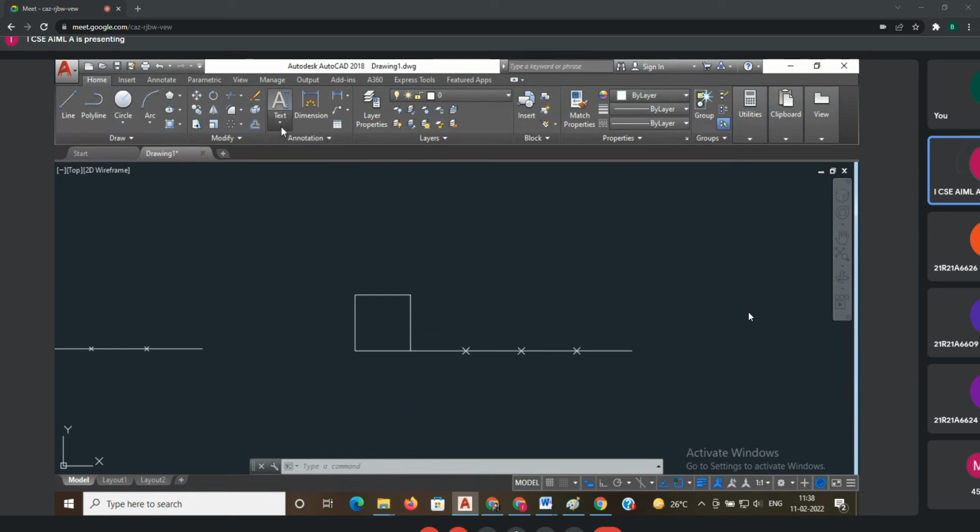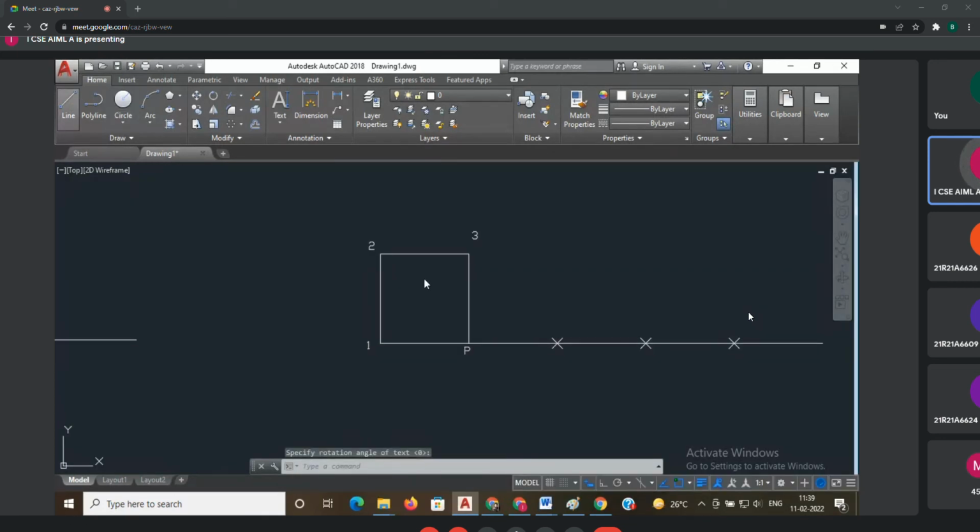Now this is my base point P. This is my first point 1, this is 2, this is 3, 4, nothing but this P point again. Now before that, I will draw one line from 2 to 1, and again one line from 3 to 2, for extending purpose, nothing else. I will draw one line from P to P also. Why? Because I have 3 lines.